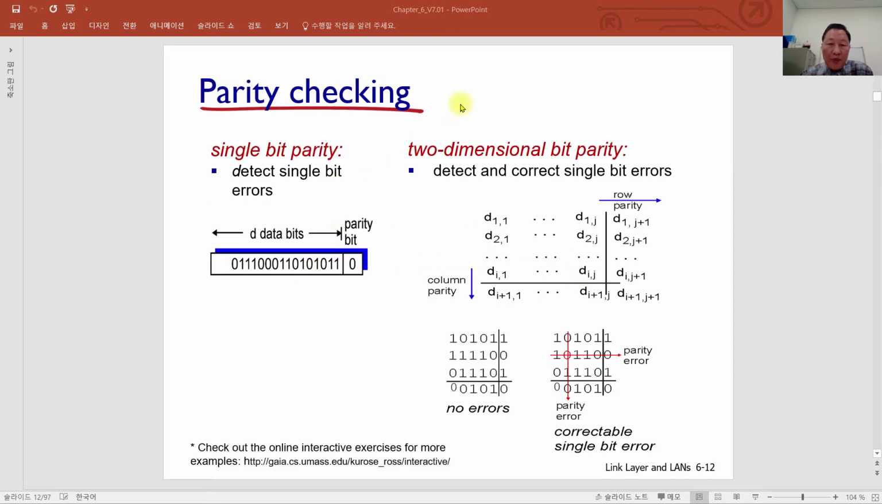The most primitive and old one is parity checking. This one is introduced here, even though we are not using it in our computer network. It is usually used in modems, very low-speed modems like 2400 or 9600 baud. Why? Between,